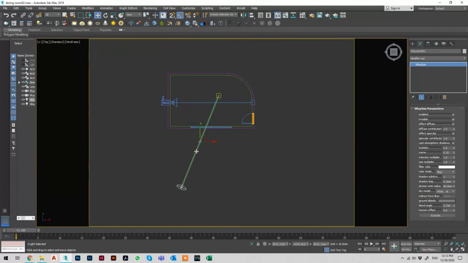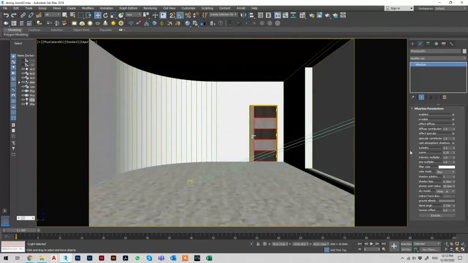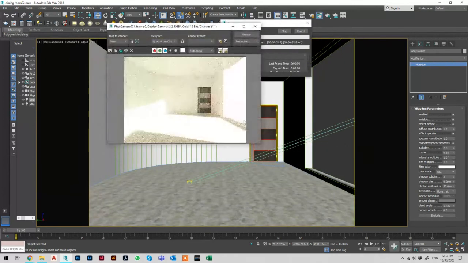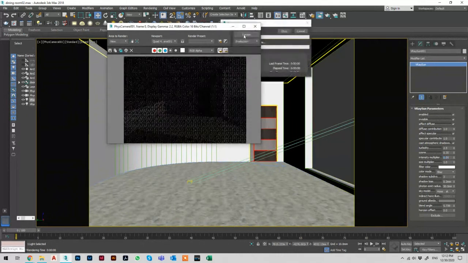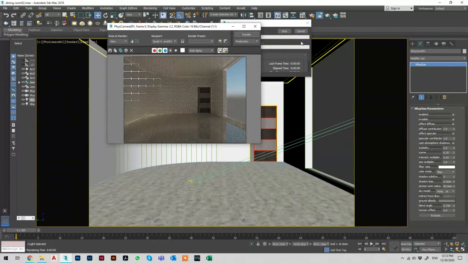The intensity multiplier is the power of the sun. So let's just go to the camera and see the difference. So now I have 1, which is really high, okay? So what I will do here, I will change it to 0.05, and then you can increase it whenever you feel the need for that. So now you will see that it's a bit more natural. It's giving you a much more realistic effect. You can take it less than that, but then when you add the